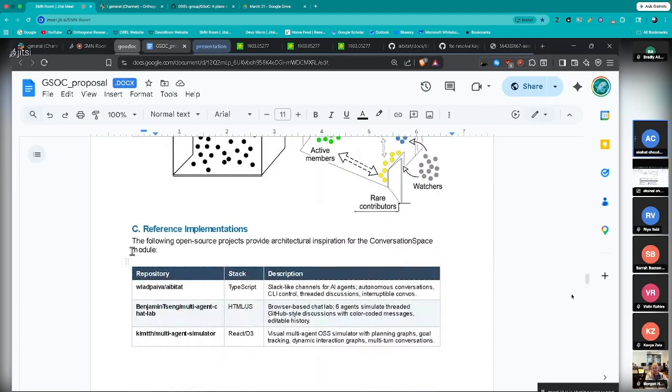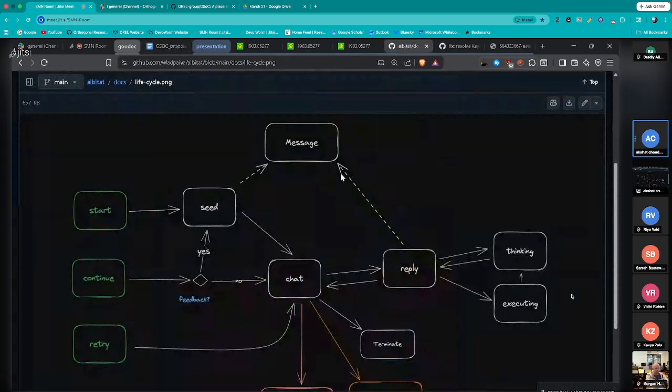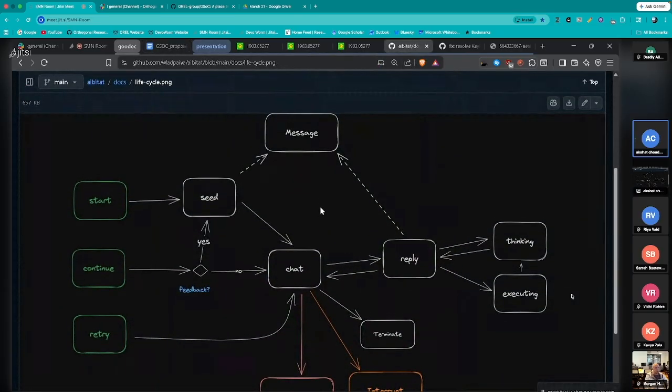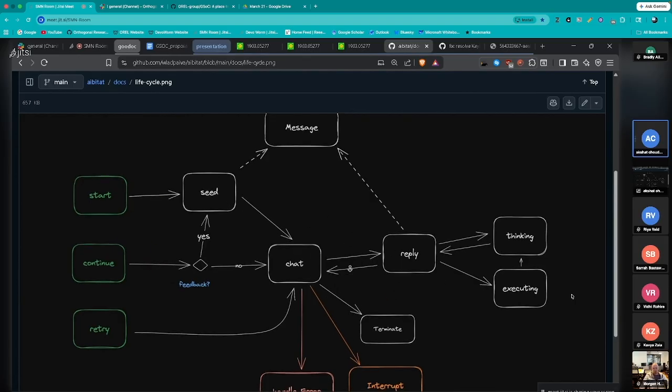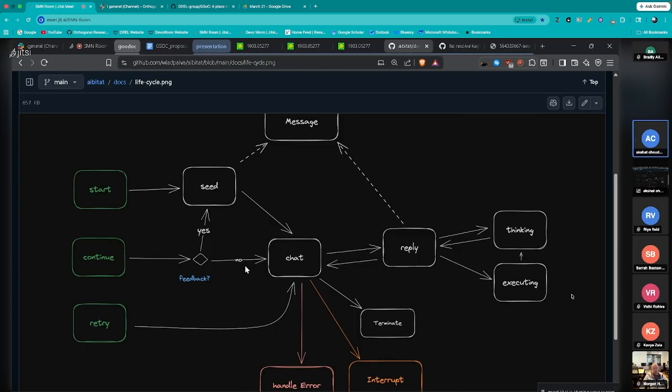And here are some of the references I found to similar projects. I think this project has a very good starting point. I couldn't find any research paper for emulating Slack-like behavior, but I was able to find some GitHub projects. So I was thinking of implementing something like this: wherever there's an event, there's some randomness, and basically we use this architecture to emulate whatever message we want our agent to send, whatever conversation we want them to have.